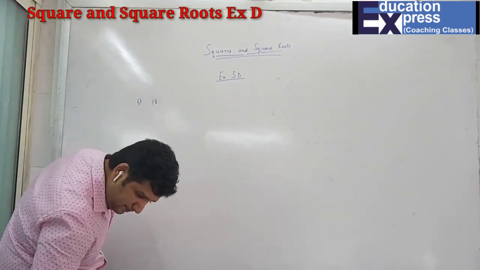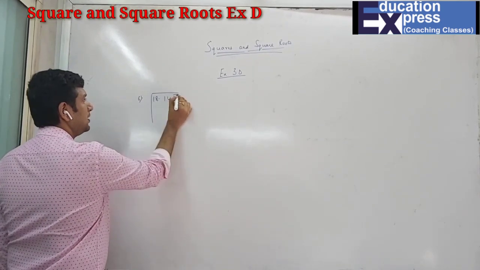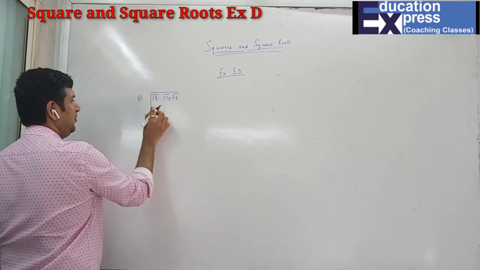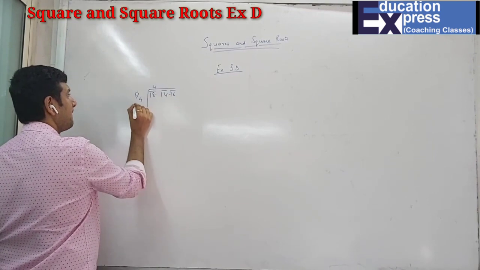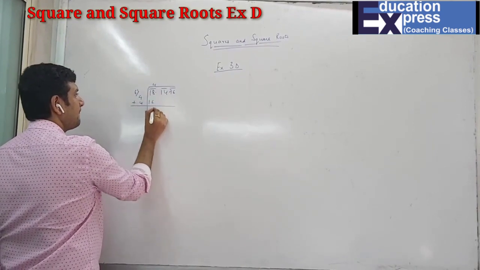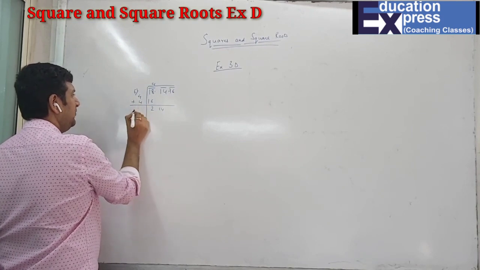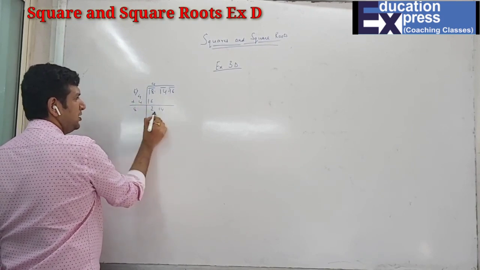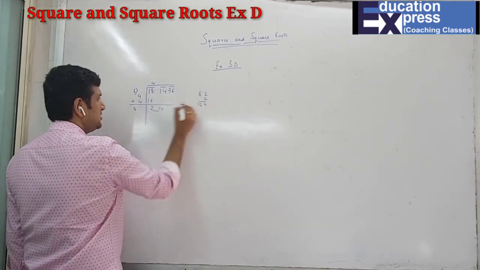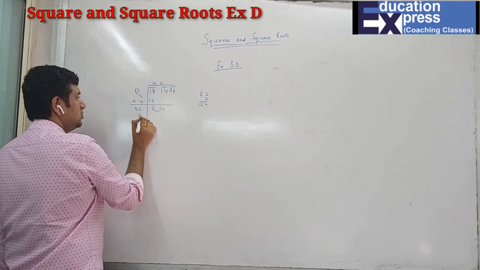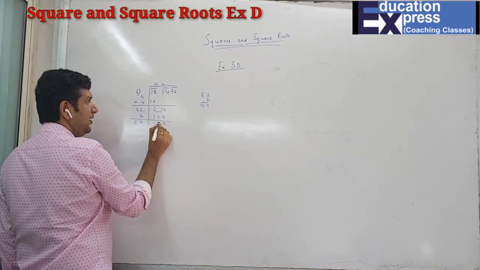18.1476. Again students, after decimal we have 2 pairs. So now it's very simple. Before 18, what square will come? 4 4s are 16. 2 1 4 and 8. 8 before 21. 8 2s are, because here is 8, here is 21. So 8 2s are 16. I'll go for 2 ka table. 2 2s are 4, 8 2s are 16. It will definitely go for this. So 2 4 8 1 6 4 0 and 5 0 7 6.